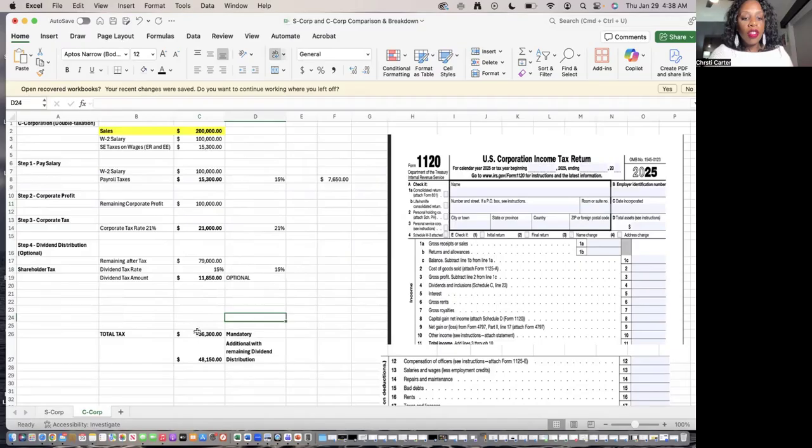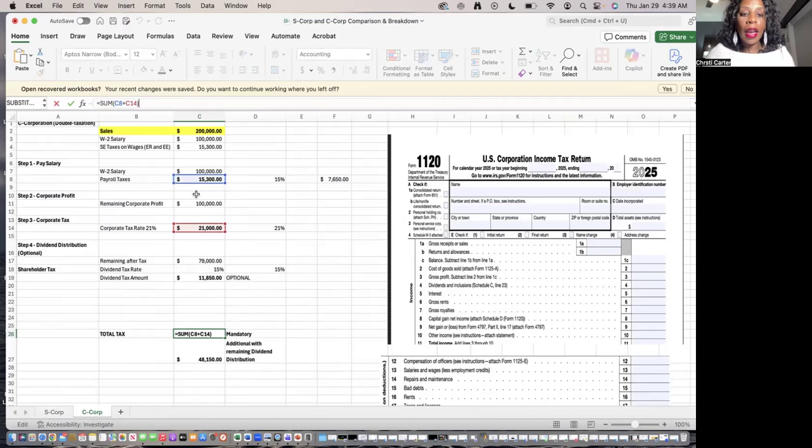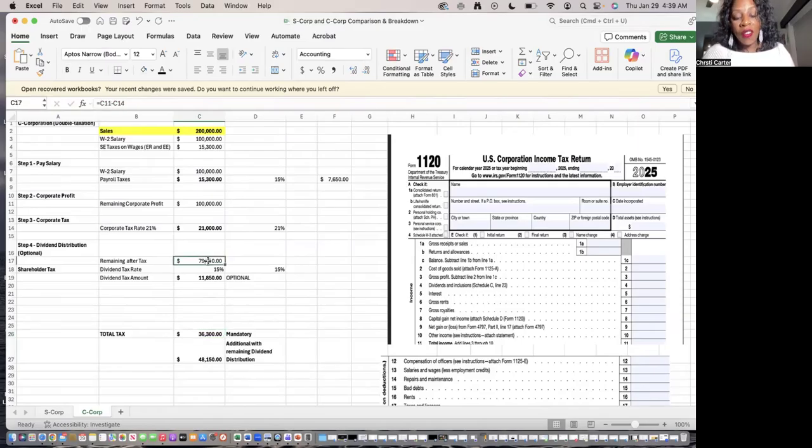So the lowest that you would pay in this particular scenario would be 36,300. I got that number by adding together the self-employment tax of 15.3% of 100,000 and the 21% corporate tax rate on 100,000. And that, of course, equals 36,300. That's the lowest you could pay in this particular scenario. If you wanted to take out the remaining 79,000, you have to pay 15% of that, and that would equate to this